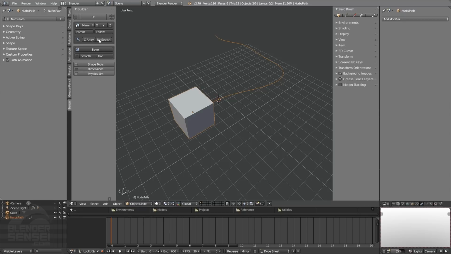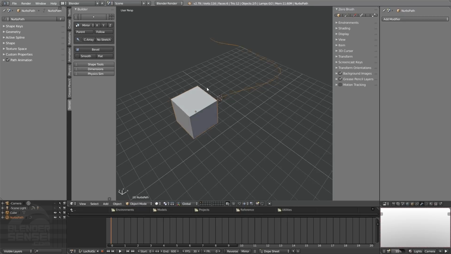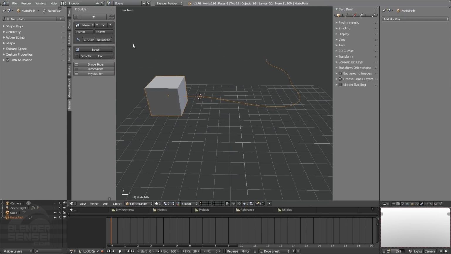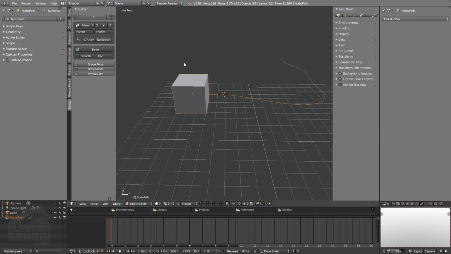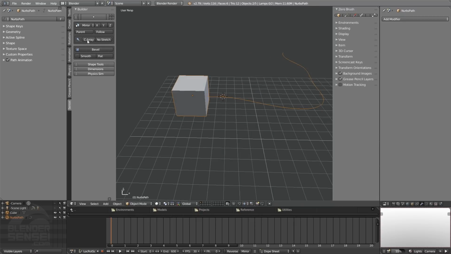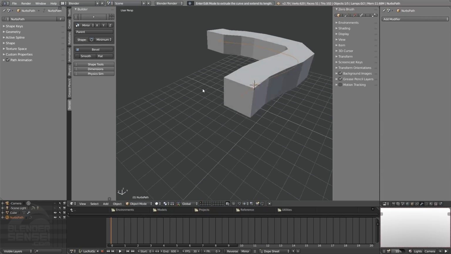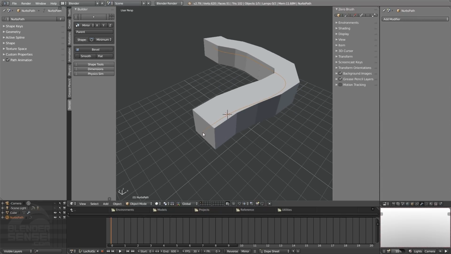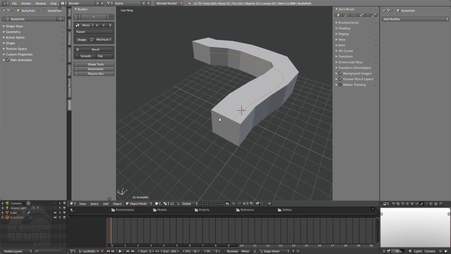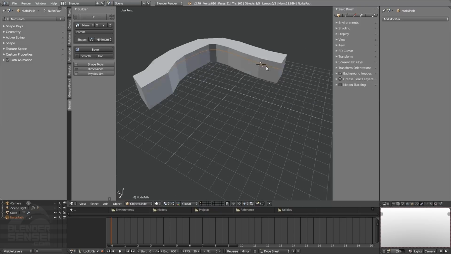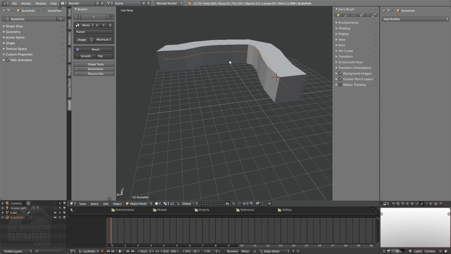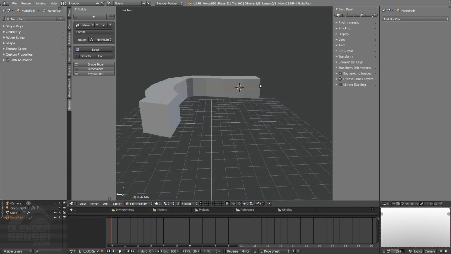And these two options perform very similar functions. However, there's one really awesome and important key difference. If we use C array, which if we press it right now, we can do that, the object or objects you select will snap perfectly to the beginning and end of the curve or path. They will repeat the exact amount needed to fill the length of the path, and they will merge organically into